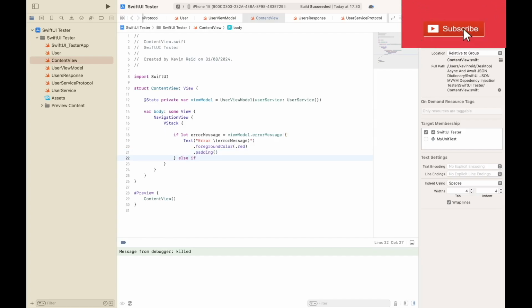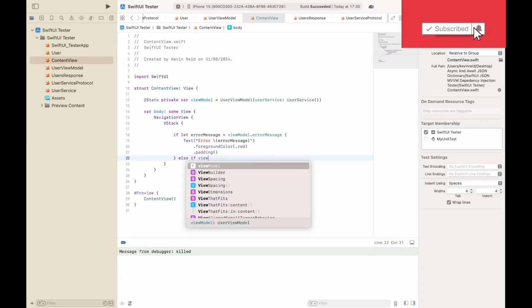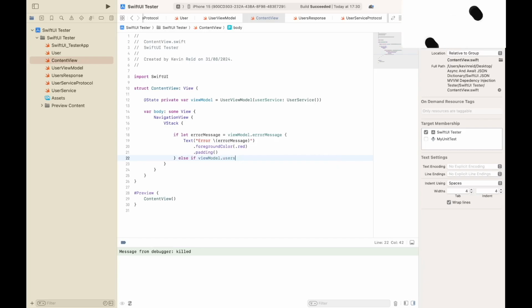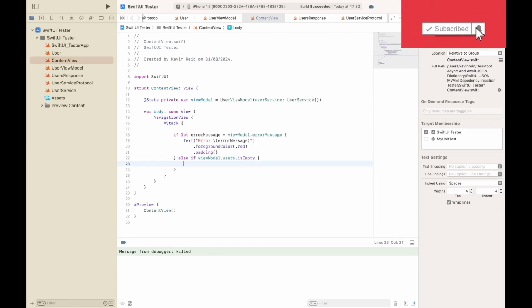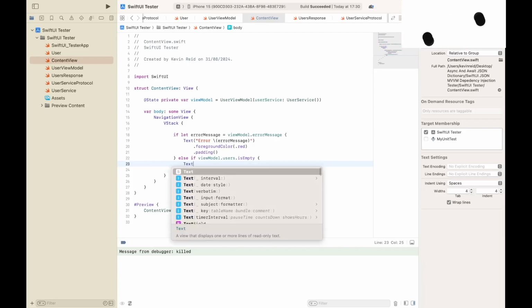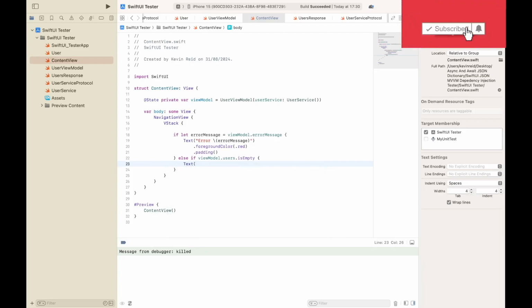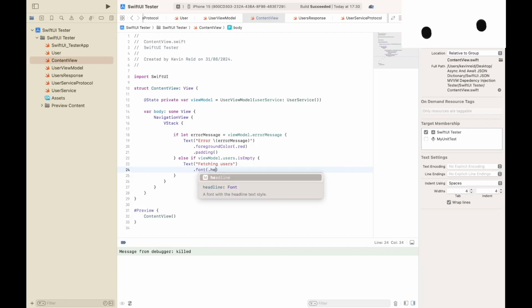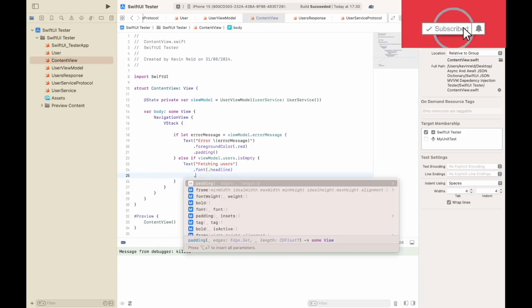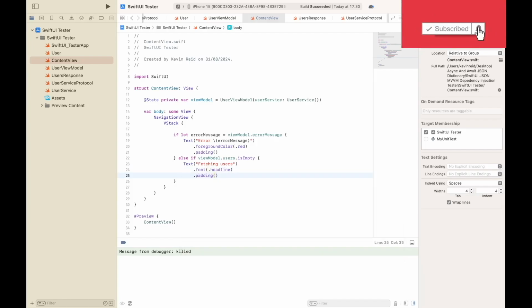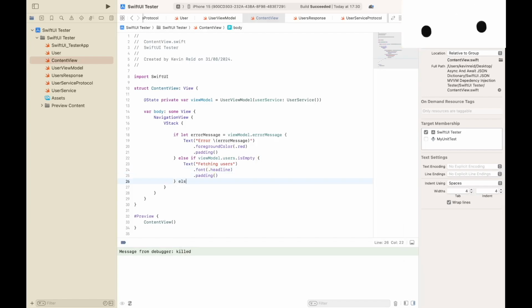Else if the users array of the view model is empty, then we'll attempt to fetch the data, so we need to display the following message: Fetching users, dot font headline, padding, else